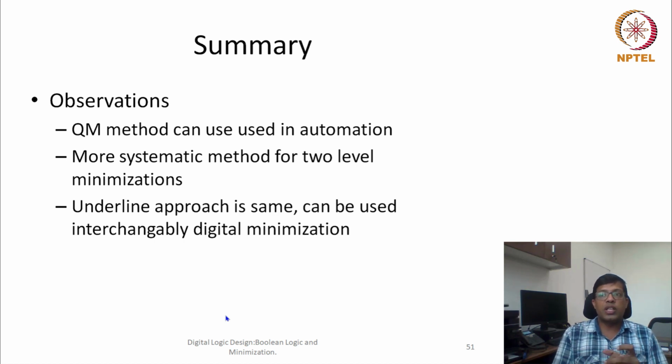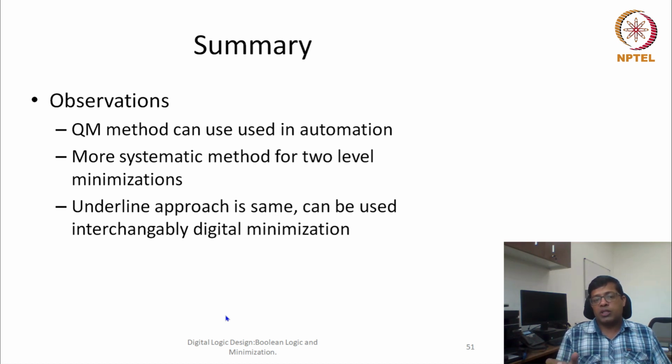So whenever you are looking at two algebraic terms, you can keep your K-maps in your mind, and this can help you in doing optimization. Similarly, when you are doing the K-map based method, that algebra should be there in your mind, so that you can do optimization in a better way. You can cross check your optimizations. So this is how we can do two-level minimization.